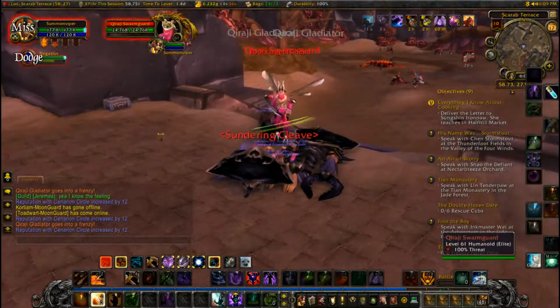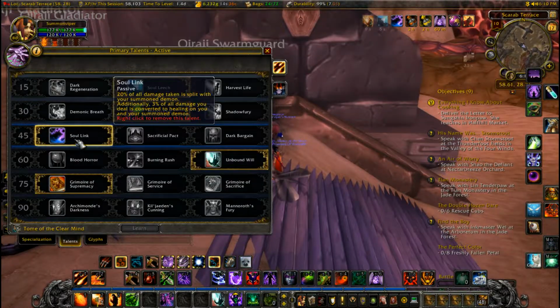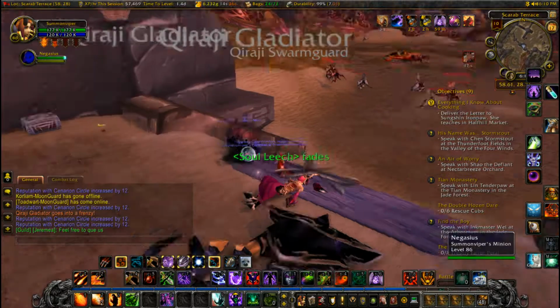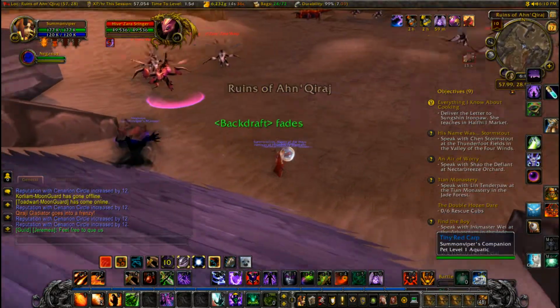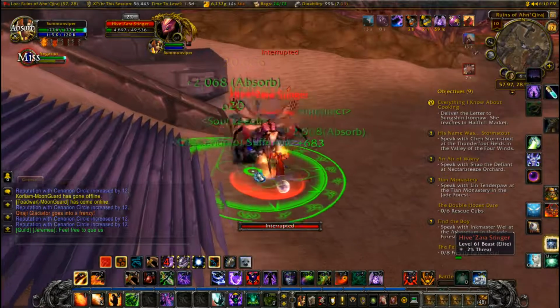Oh, there was another one left. So, stuff doesn't really hurt too much in here. I am spec'd Soul Leech and Soul Link so that my tank stays alive a bit better, and also the Grimoire of Supremacy, so it's a better tank. That's just how I've been leveling. That could change later on, I don't know. This may not be the ultimate solo spec for this character, but whatever. I may as well drop one of